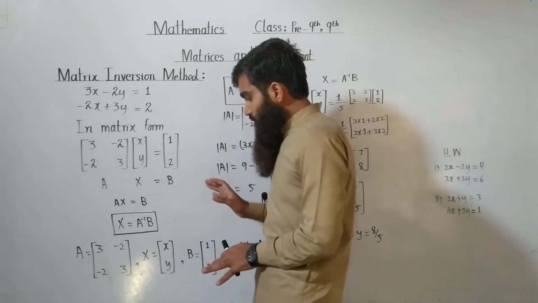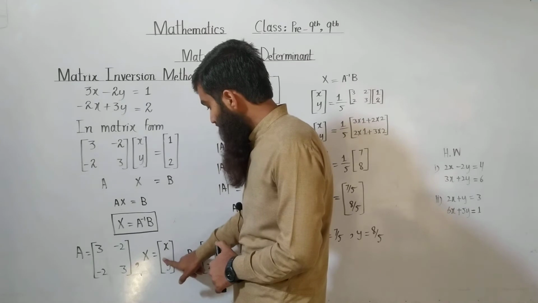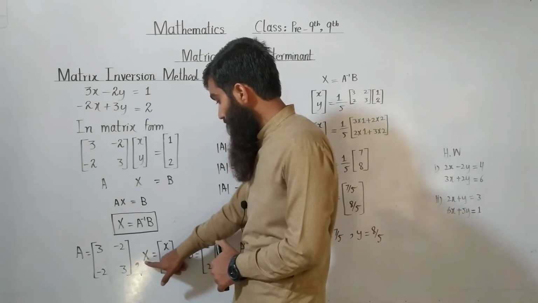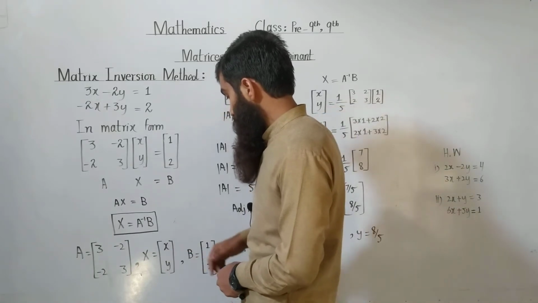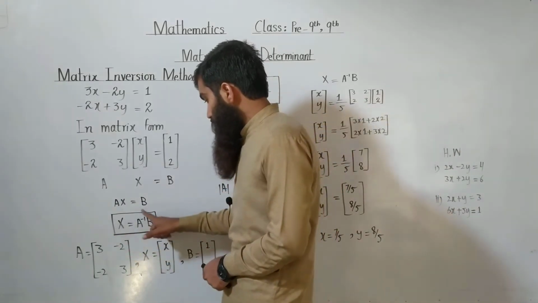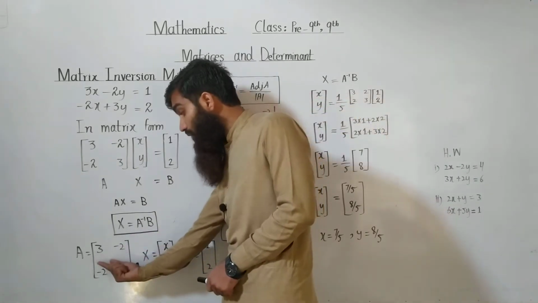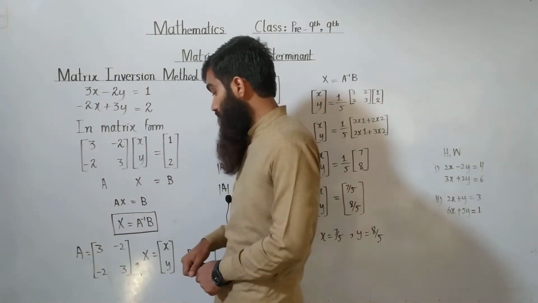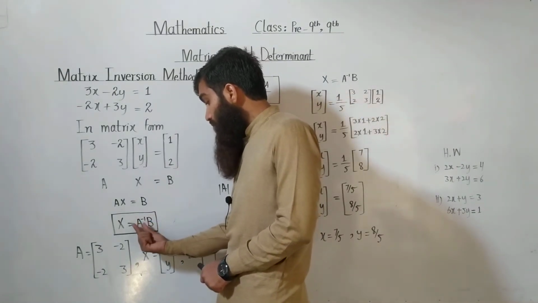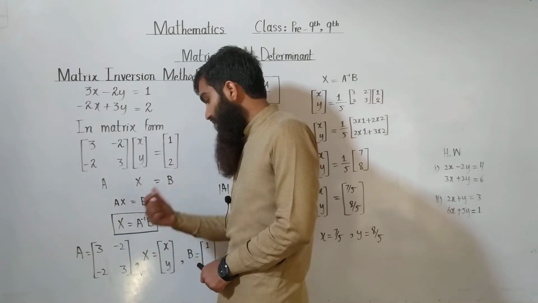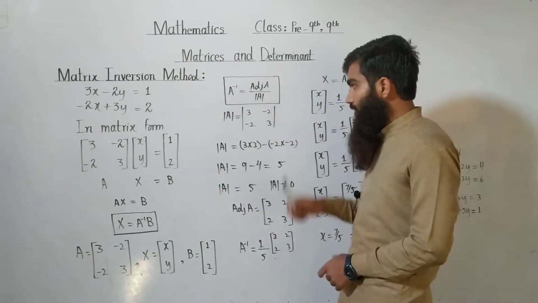Okay students, you should see here the X value is given, XY, this we can use. This is capital X and this is small x and y, both. And after that you can see B is also given, but A inverse is not present here. A is present but A inverse is not present. So next we will find A inverse. As you can see, A inverse is equal to adjoint of A over determinant of A.